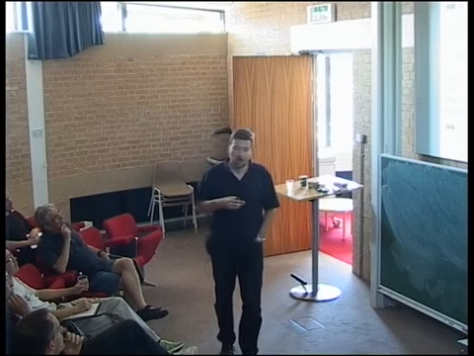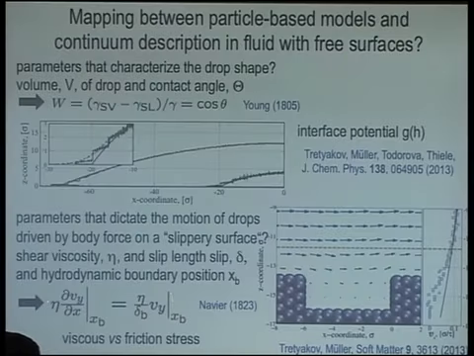This balance of stresses, or of tensions, I should say, which dictate the static contact angle, you can transfer to a balance of stresses at the interface between the solid and the liquid, and this gives you, of course, the Navier slip condition, where you balance the viscous stress inside of the fluid versus the friction stress as the fluid slips past the surface. And we also looked at how to extract the slip length, which is the ratio between the shear viscosity of the liquid and this friction coefficient, and the position of the interface, both at simple and